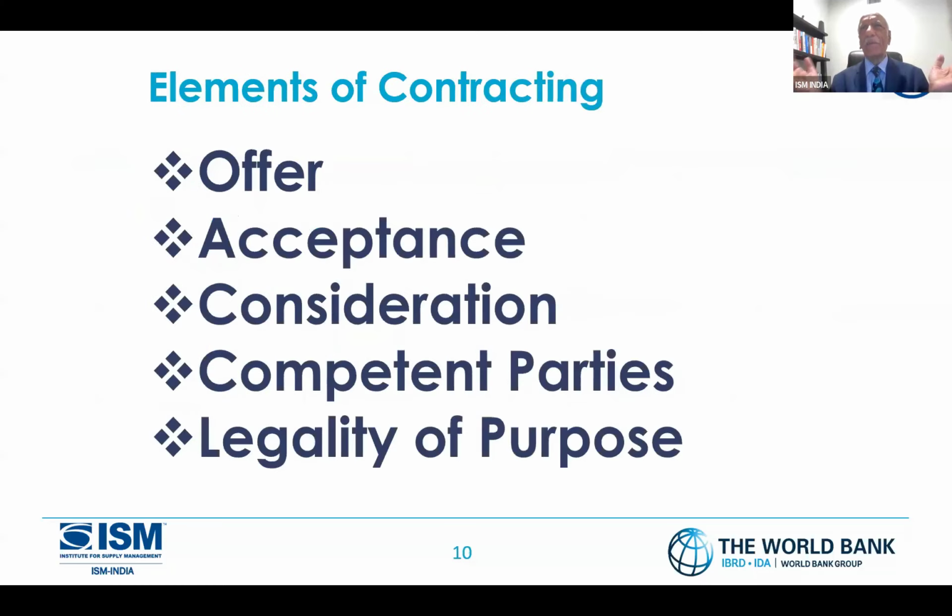Any contract, maybe FIDIC contracts, or your own country government, the Nigerian government or any government, has 5 parameters. No contract can be formed without an offer. And there has to be acceptance. Acceptance means it's a mirror image. You can't say, I accept the offer, but this, but this. But means you're giving a counter offer. So offer, acceptance. The third part is the consideration. Without money, no contract.